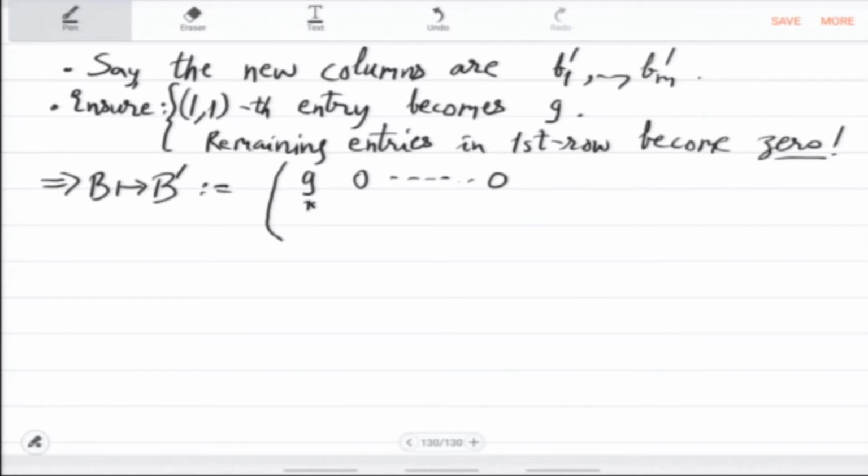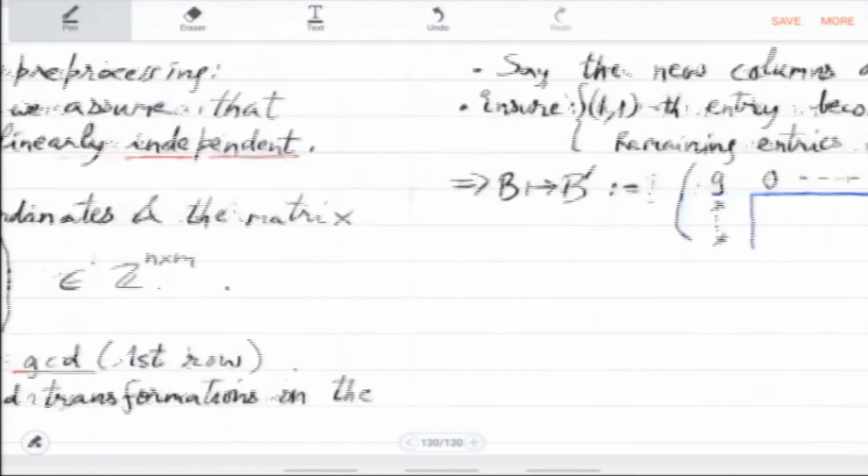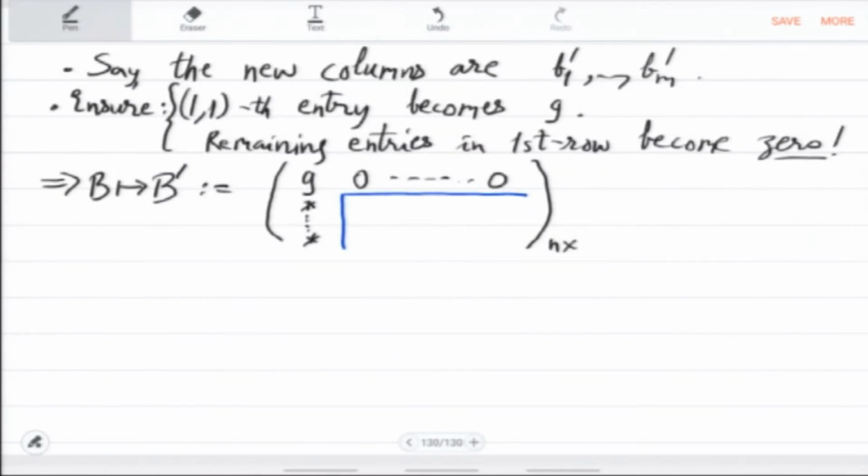In the first column you have some entries, they may be 0, they may not be 0, you do not know, and then you have this lower submatrix. Right. So this is n cross m. So you get this n cross m matrix